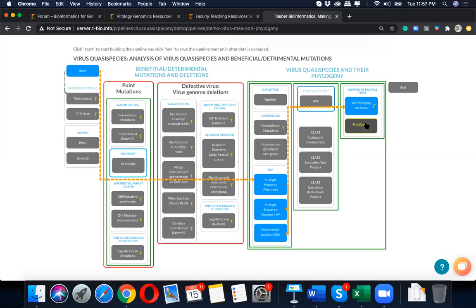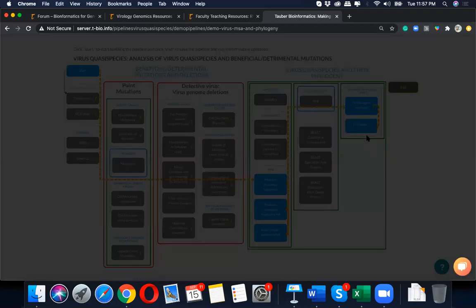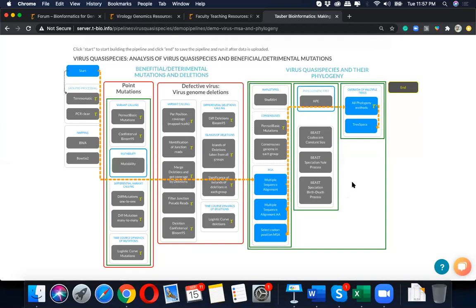So I'm talking about tree space. After doing all these methods, this tree space, as described by Dr. Harpreet, is an algorithm that looks into all the trees and gives you some of the best trees. So this is the complete pipeline that you can do on your own and play with the results. We would want you to explore the results on your own.